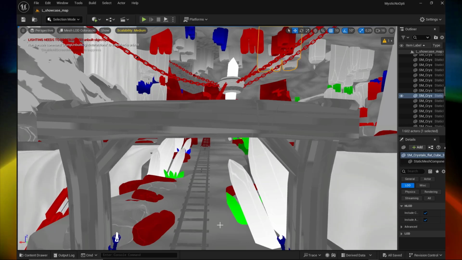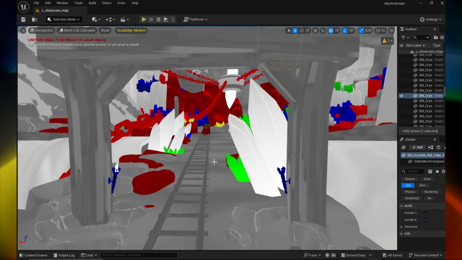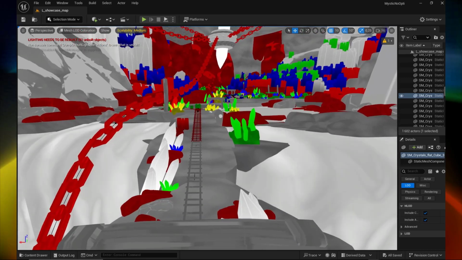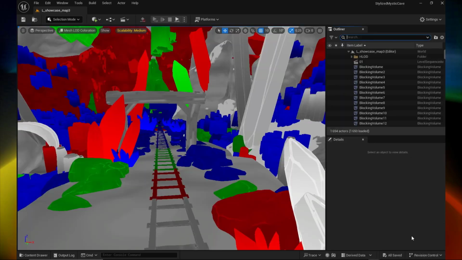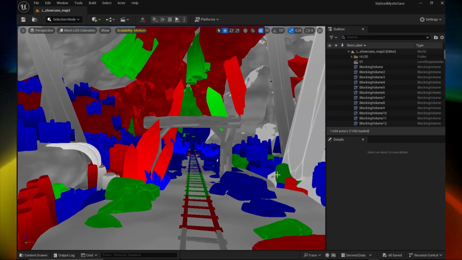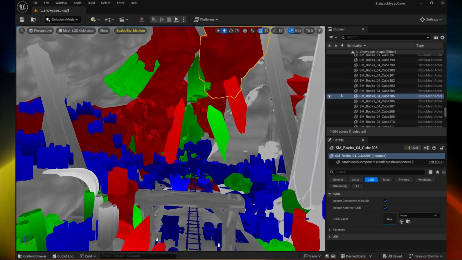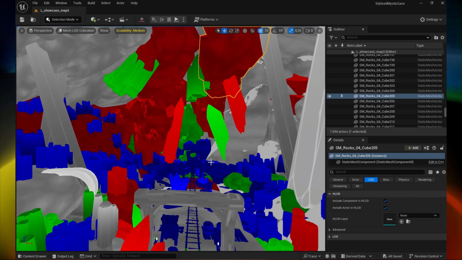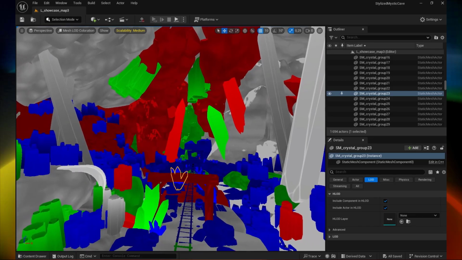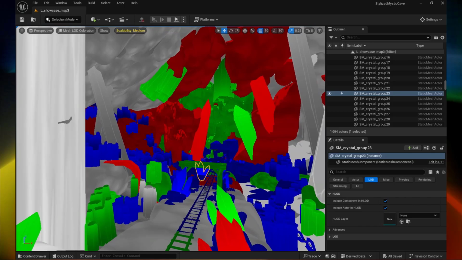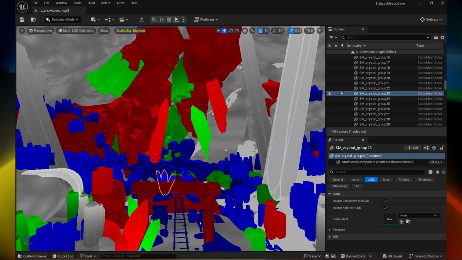So we'll be seeing them in action in this scene, and we'll see how it's optimized from this red, not optimized version, to this scene, which is blue and green, a better optimized version. Each static mesh in this scene has been set up with an LOD. It means that at each distance, there's a version of the static mesh that will be displayed. The farther you go from the static mesh, the different coloration shows which version of the static mesh